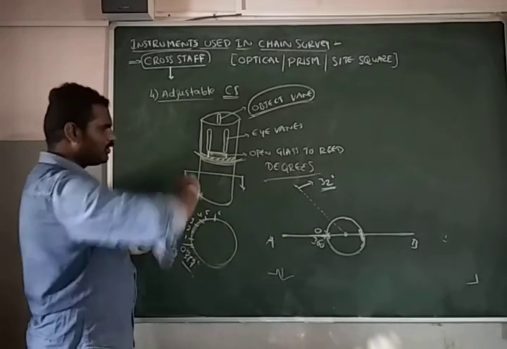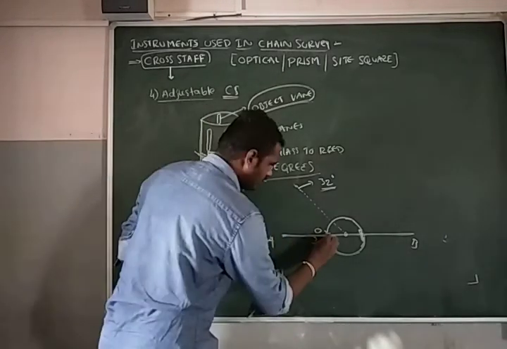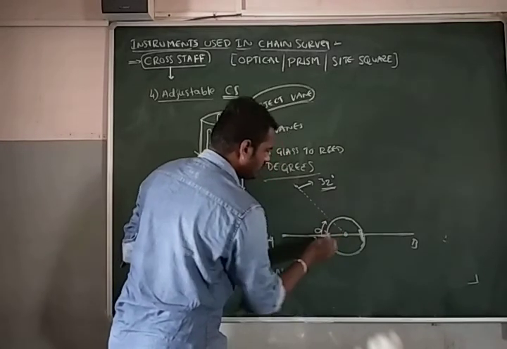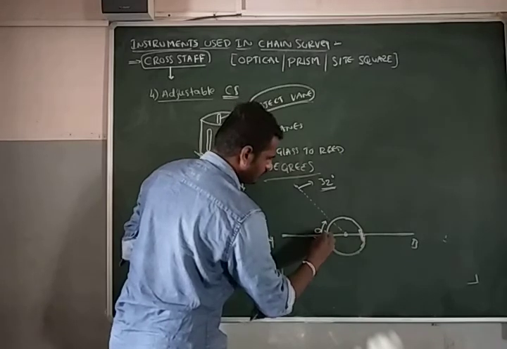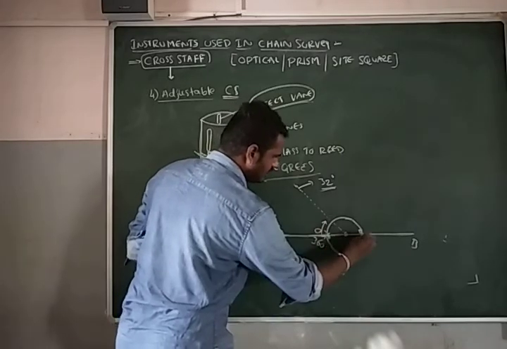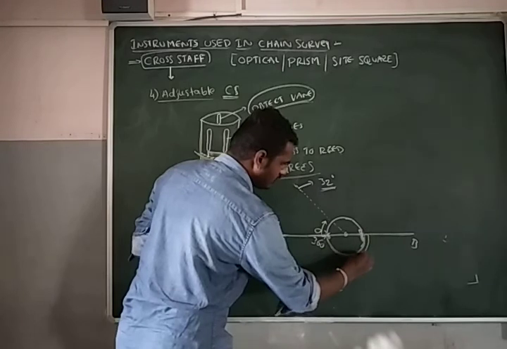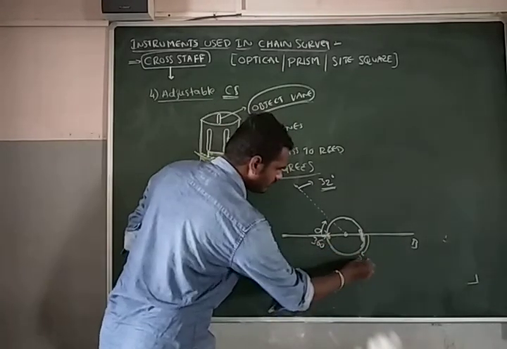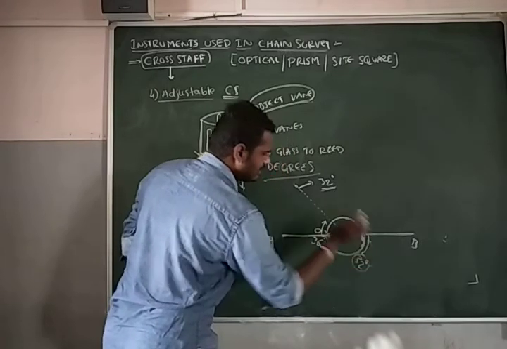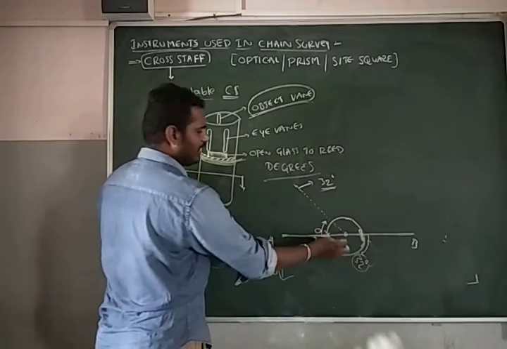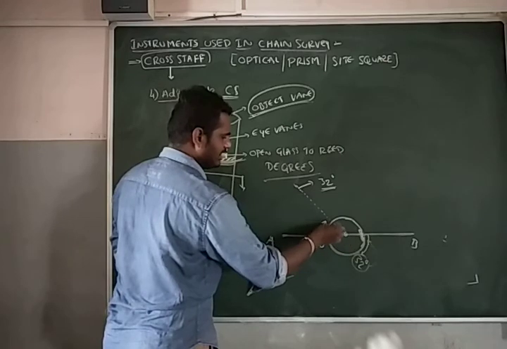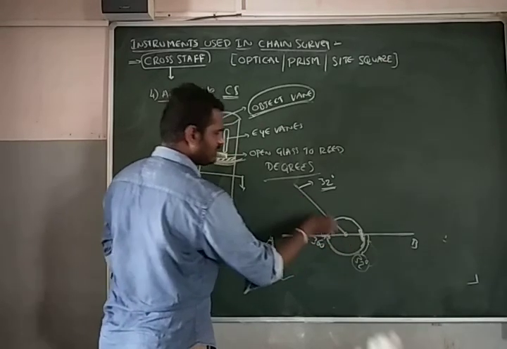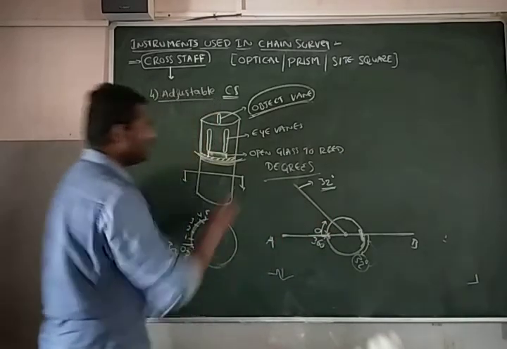So now try to move it. Try to rotate in this direction, in clockwise. When you rotate in clockwise direction, this glass also moves in clockwise direction. So when you identify 32 degrees in this glass, simply stop and erect a line in that direction such that this line should coincide with the object plane now.